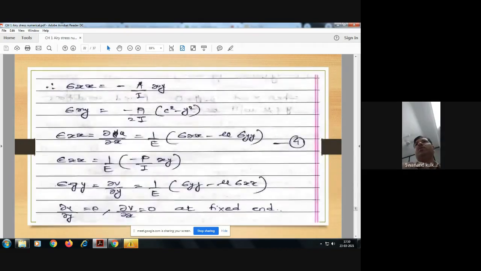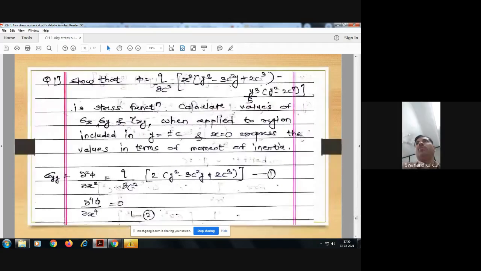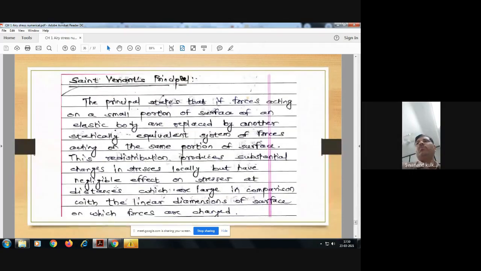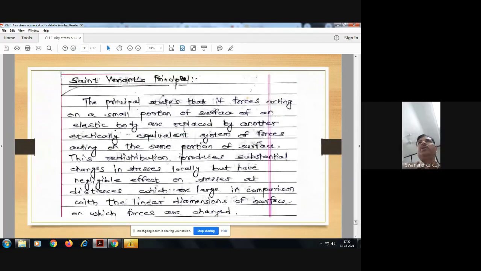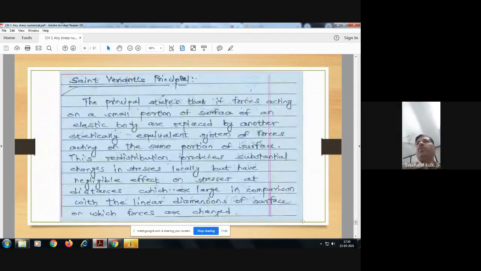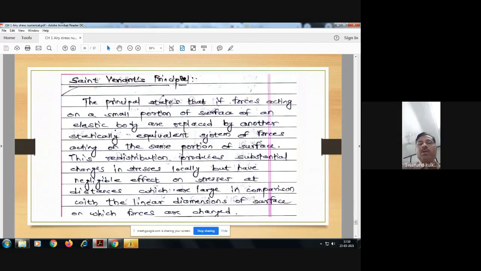Now we are coming to the last part of this. Before going to the last part, we will go for practicing a few examples. But before that, we will finish the last bit from this chapter. So this last bit is Saint Venant's principle. Is it okay? This principle is very, very important. Saint Venant's principle we are considering here. The principle states that